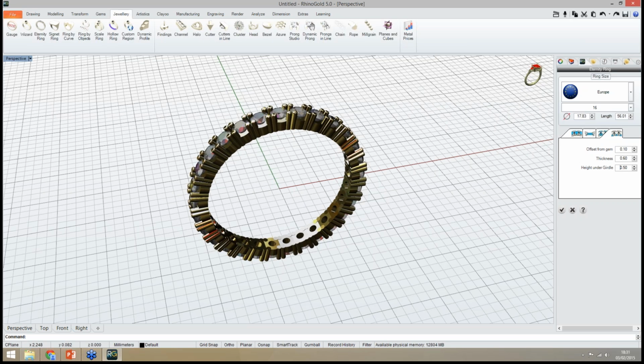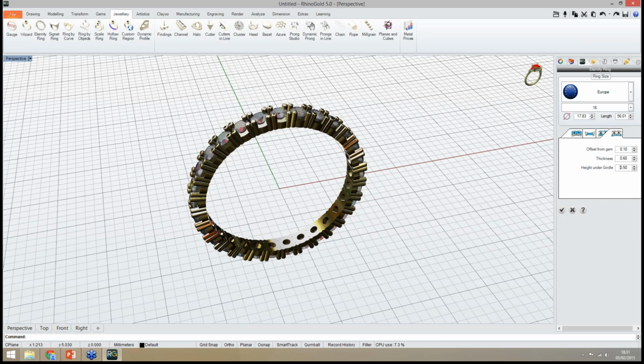And of course, easily we can define our eternity band in a few clicks. As you can see, we have prongs, the shape, and so on. So easily we have the eternity defined.